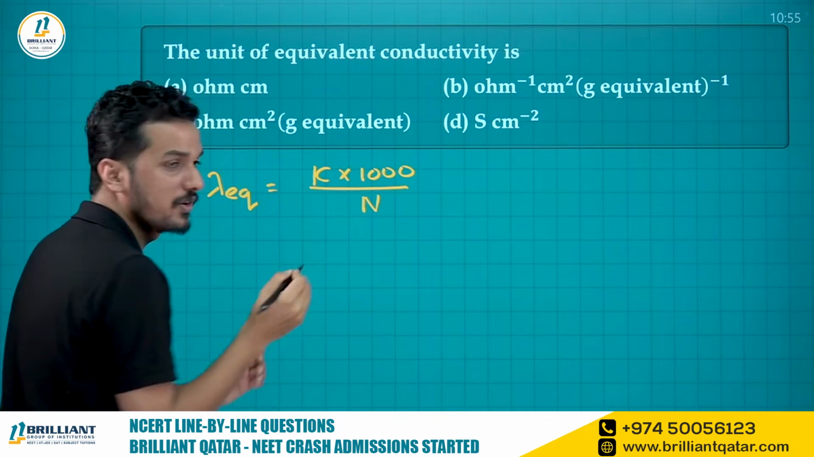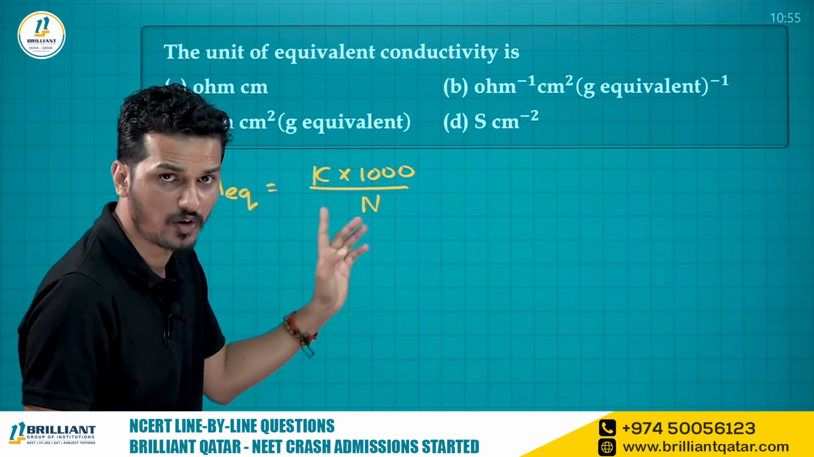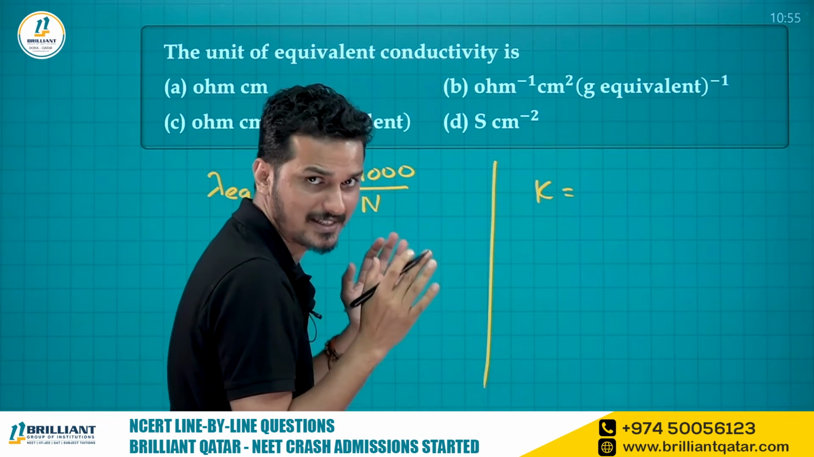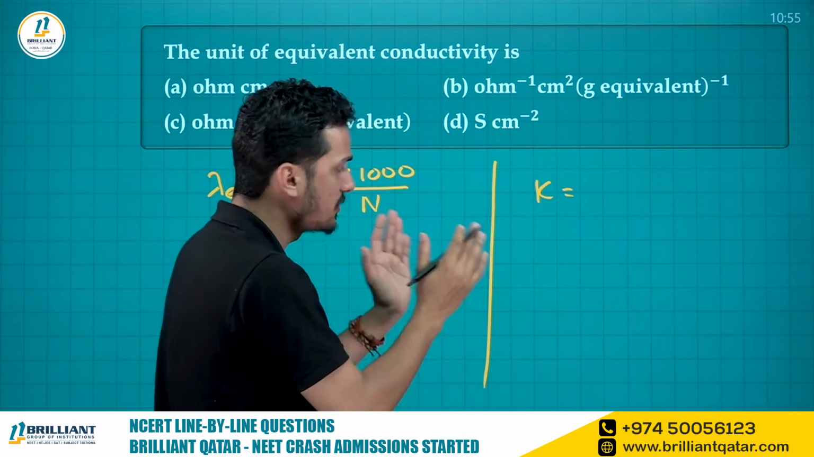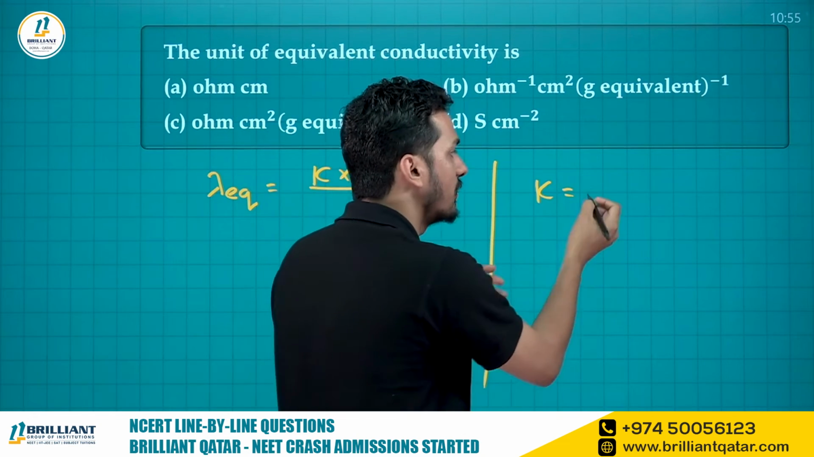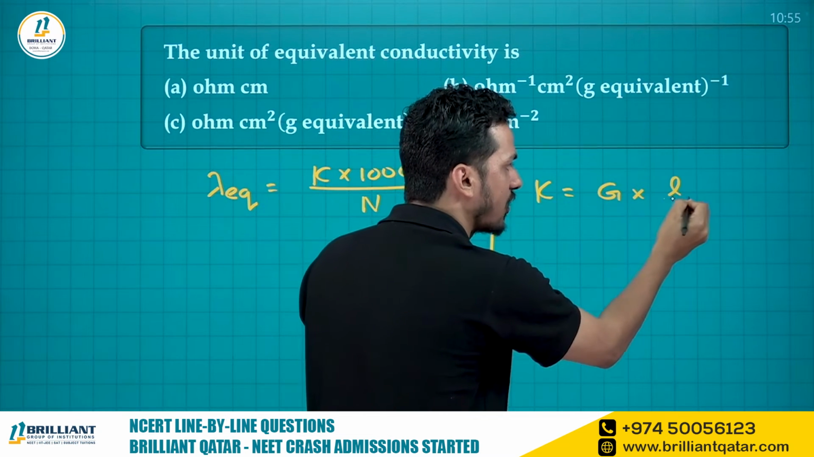Kappa into 1000 divided by n. So we have to find out the unit of kappa and the unit of normality. We know what kappa is. Kappa is specific conductance or specific conductivity. Specific conductivity is equal to G, the conductance, into the cell constant